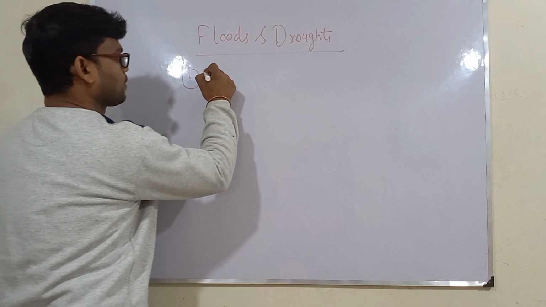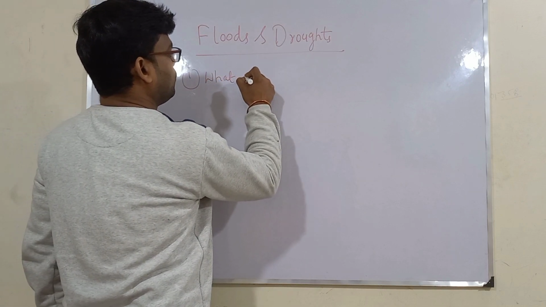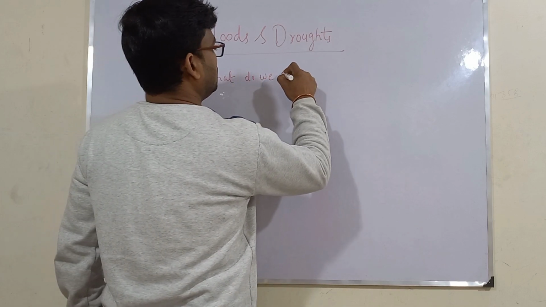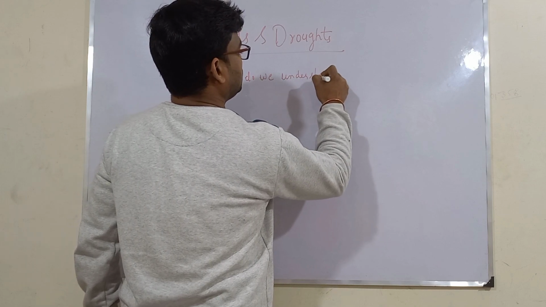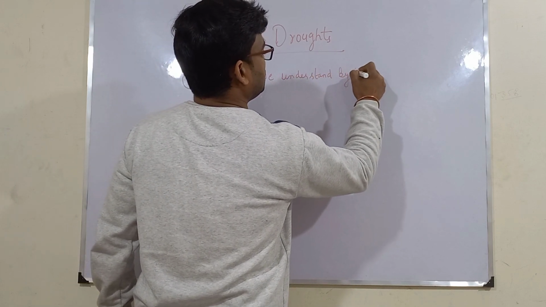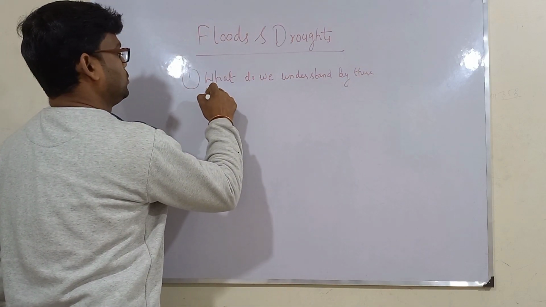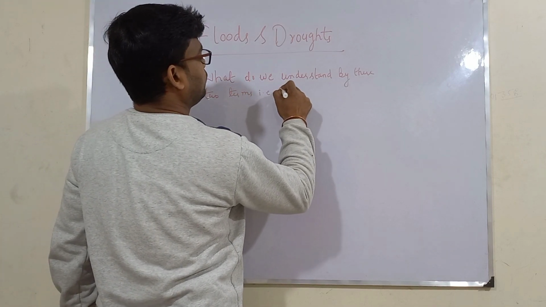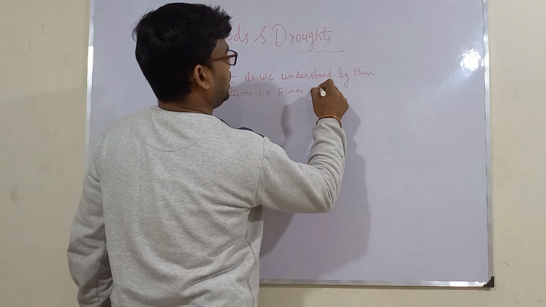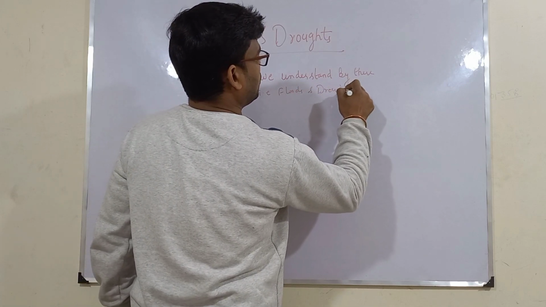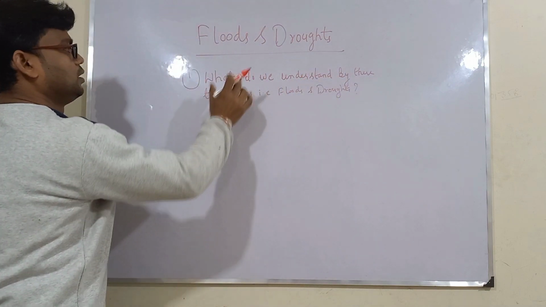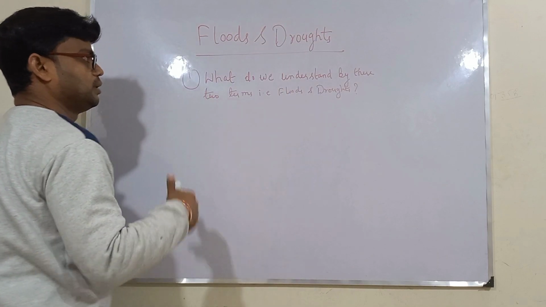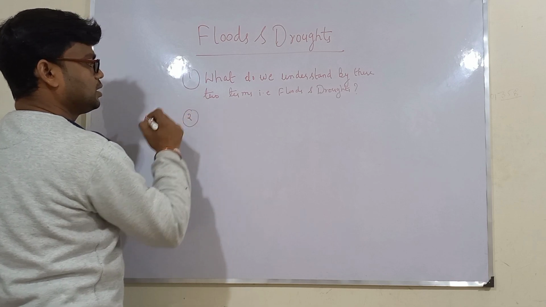First thing is, what do we understand by these two terms, that is floods and droughts? First is their meaning. Means what do we understand by the term flood, and what do we mean by the term drought? Second thing is,